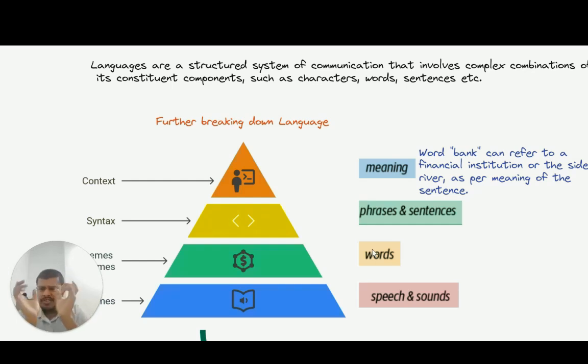We'll understand what context is first. For example, if there is a particular word called bank, this word could mean different things with respect to the sentence where it is being positioned or placed, right? It could mean a river, or the side of a river, or it could even mean a financial institution, right? So context means this: the interpretable meaning of a word will change with respect to its position in a sentence or its use in an oral passage or a sentence.